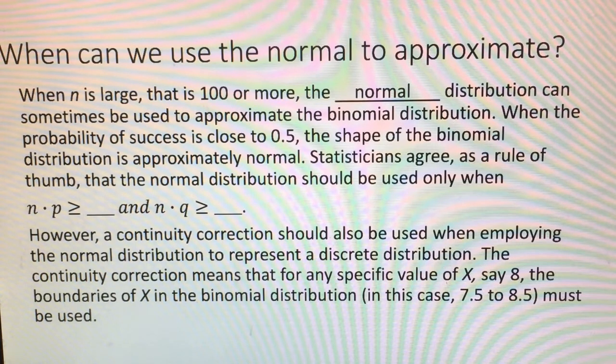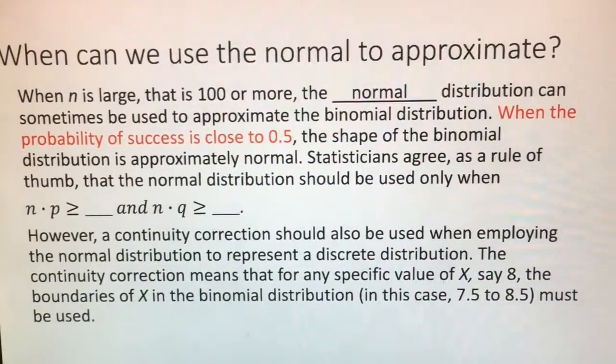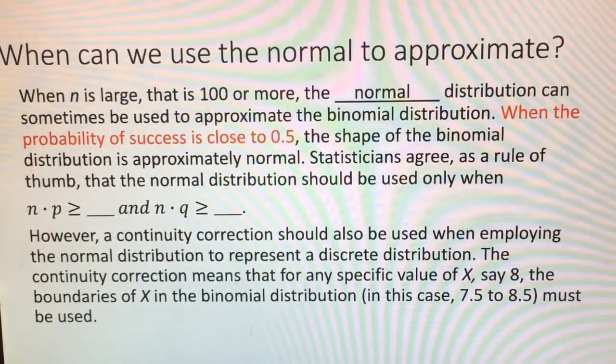When the probability of success is close to 0.5, now that's important, so I made it red. That's one of our conditions. When the probability of success is close to 0.5, then the shape of the binomial